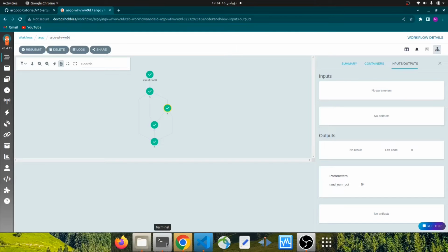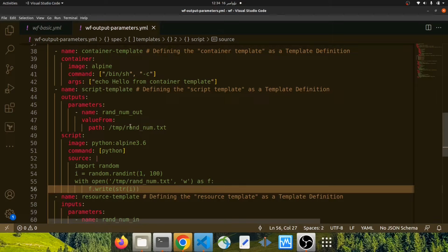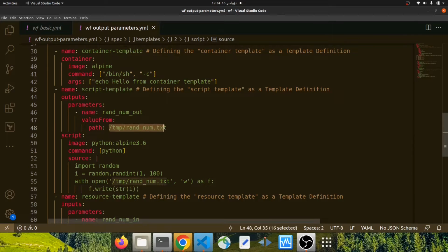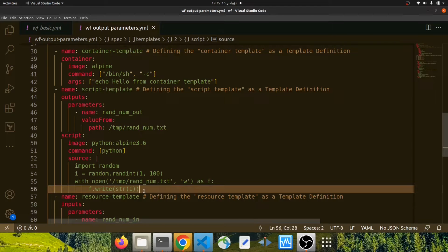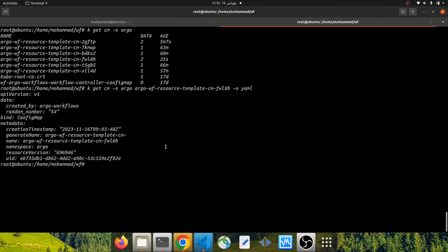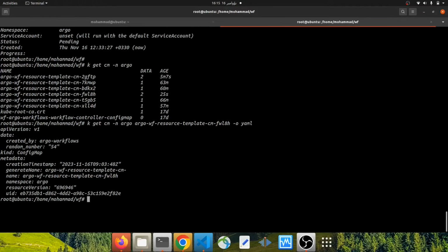Okay, it was about output parameters in Argo Workflows. So we can use a static value, or we can read a value from a file like this, tmp_random.txt, because we used this syntax to create a file with the content, and this content is a random number. Very good. The next thing that I'm going to talk about is